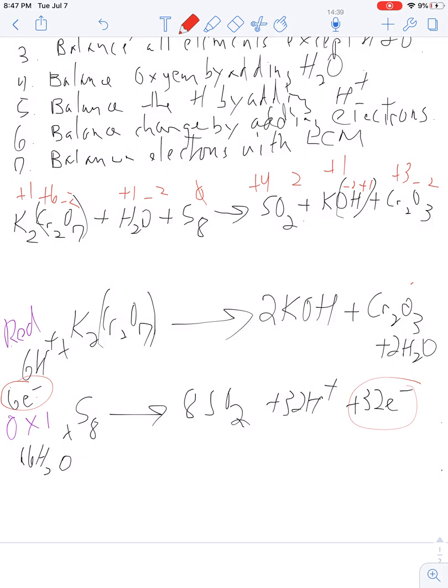If I'm not mistaken, it's 96 is the lowest common multiple. So that means we're going to have to multiply,